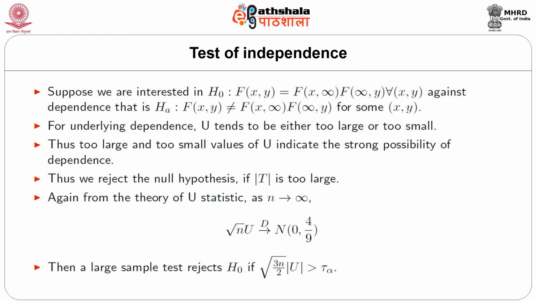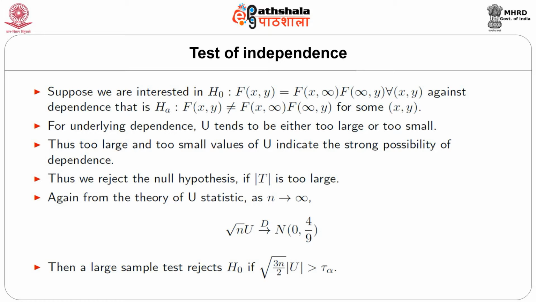Again, from the theory of U statistic, as n tends to infinity, the large sample distribution of U multiplied by square root of n is normal with mean 0 and variance 4 by 9. Then, a large sample test rejects the null hypothesis if the observed value of square root of 3n by 2 multiplied by the absolute value of U exceeds tau alpha, where tau alpha is the upper alpha percentage point of a